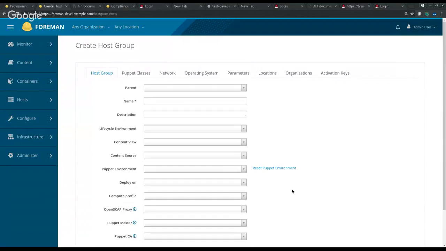Basically, this new feature will be useful for you if you create your host and host group in the UI. What I did is I added a simple dropdown that was previously missing for the host group. It's the deploy on select box that allows you to select where your hosts from that host group will be deployed. So I'll name it demo host group,